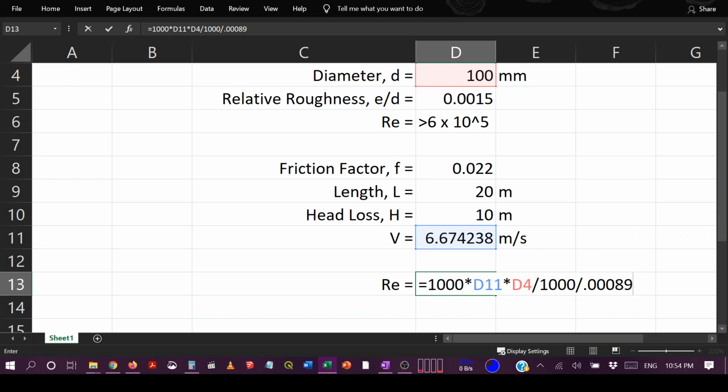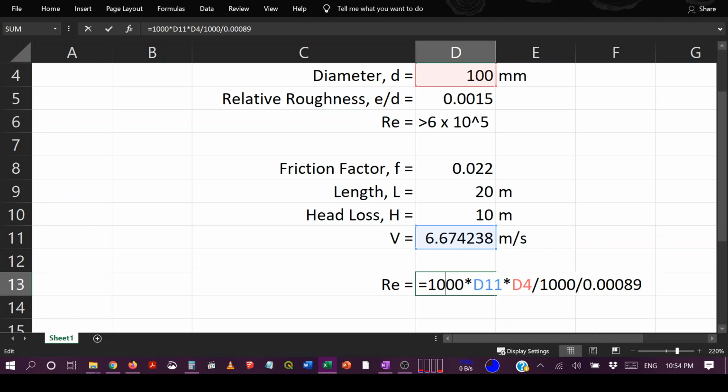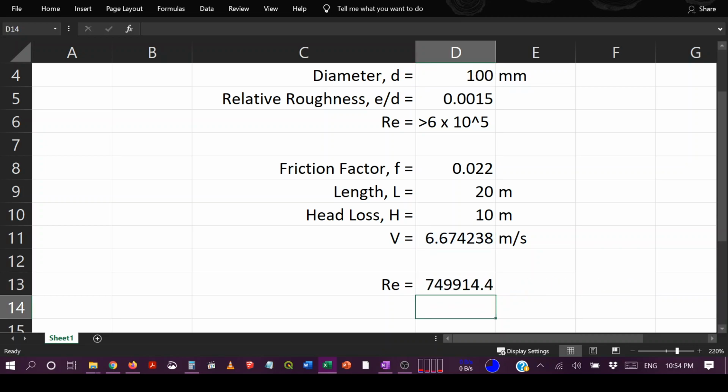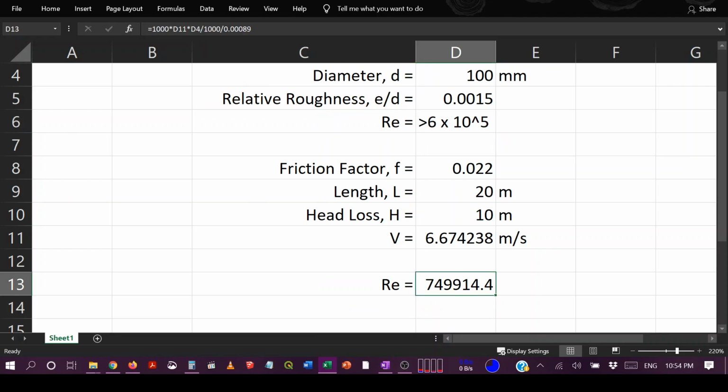And if I hit enter, it is giving us approximately 7.5 into 10 to the power 5. So how much did we assume the Reynolds number to be? About 6 into 10 to the power 5 or more. Now we are getting 7.5 into 10 to the power 5. So that means,